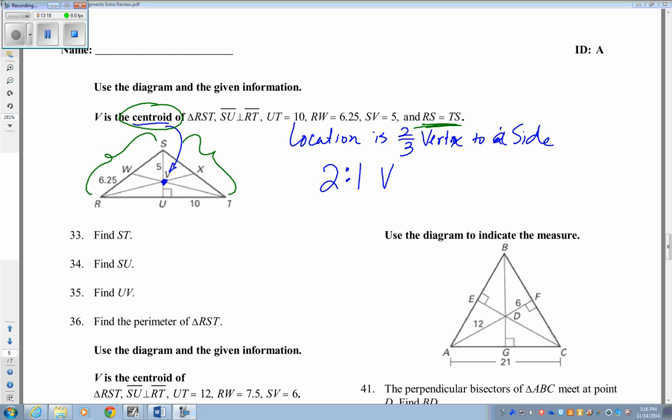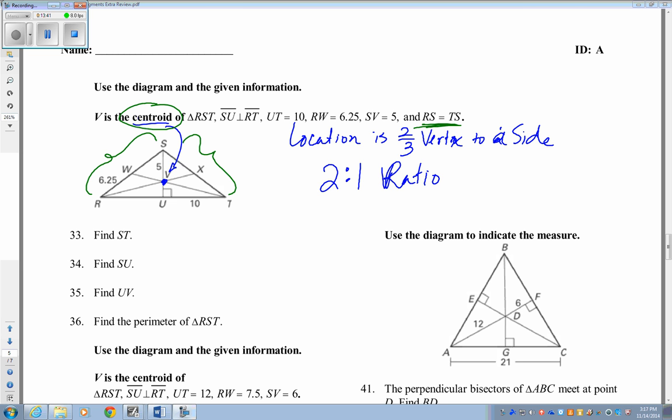We have a 2-to-1 ratio. It is also the center of gravity. All right, 2-to-1 ratio. What is that 2-to-1 ratio for? 2/3, 1/3. There we go. We got the parts, so we know which one is the big part, which one is the small part, correct? Okay, so we're going to use that property to help us problem solve because they want us to first find